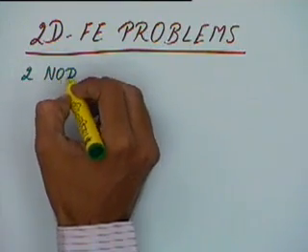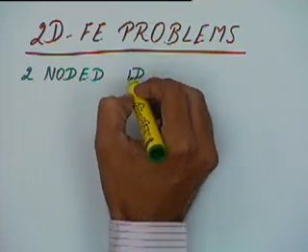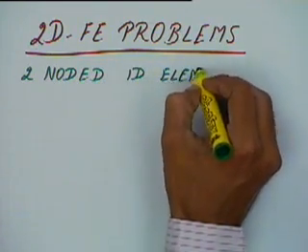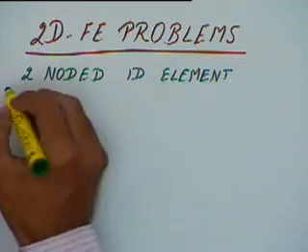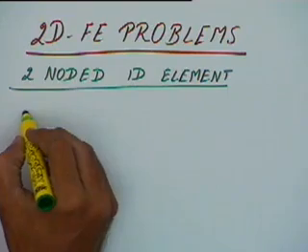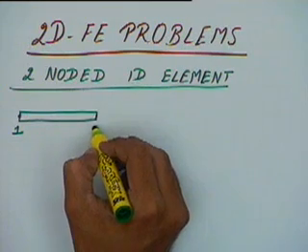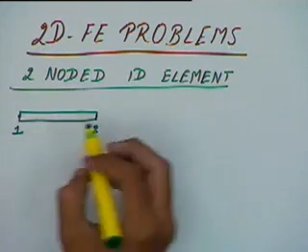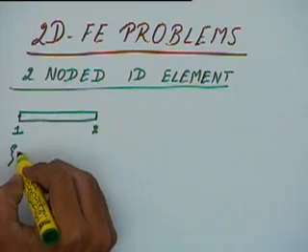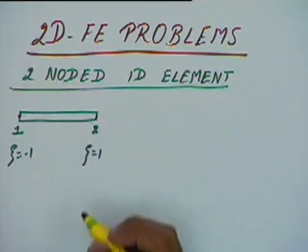Okay. Today we will be starting a discussion on 2D finite element problems, but before we go into that, there are a couple of things about one dimensional problems. If we consider the two noded element, in a two noded one dimensional element, which is defined like this, the two nodes, okay, and at this end we have said zeta is equal to -1 and here zeta is equal to 1,